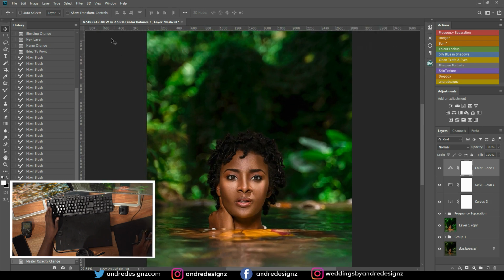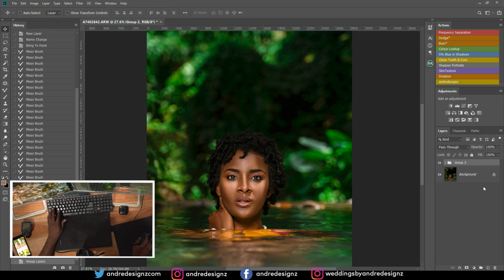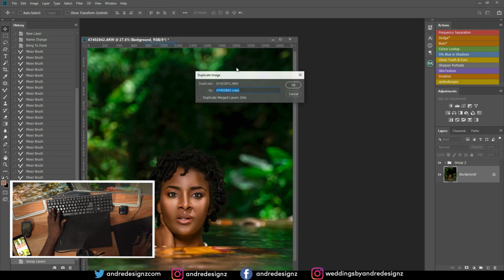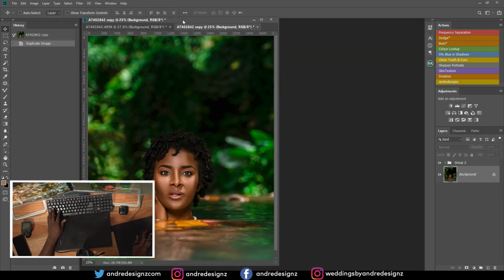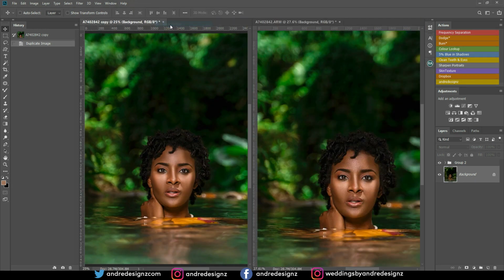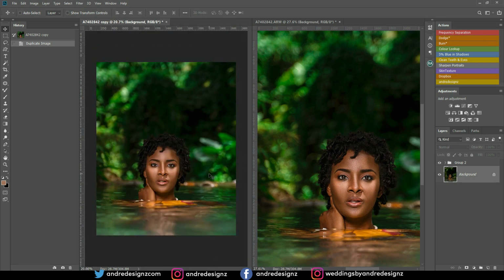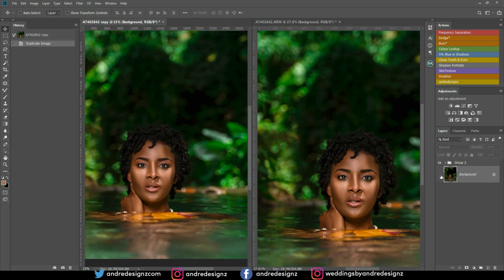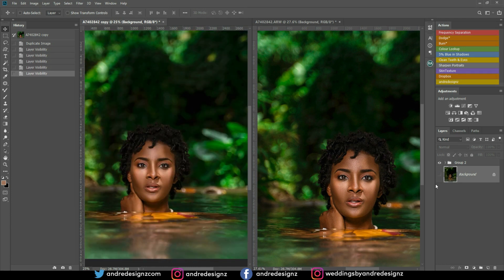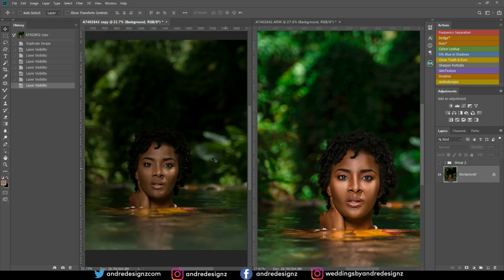So let me create a before and after. I'm going to create a new layer, duplicate the layer, and then I'm going to arrange and then vertical up, 2 vertical up, and then I'm going to show you the before and after. Alright, so that's the before